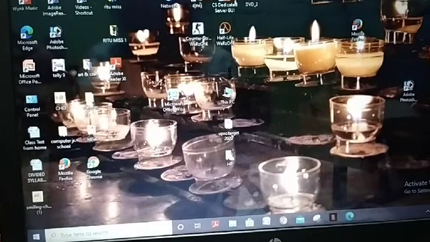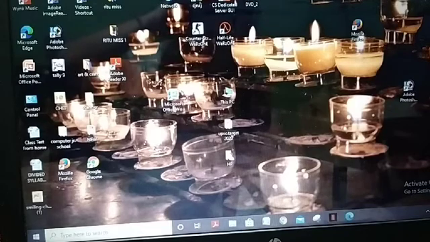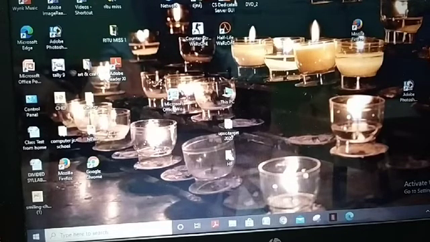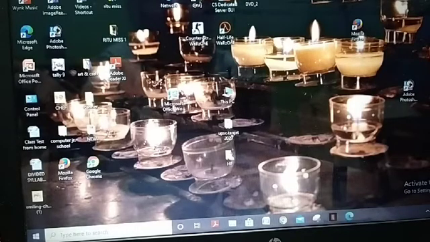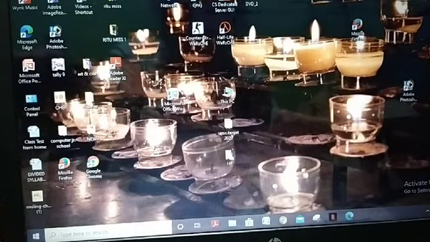Then click on the view option, and in view you will get a sub menu, and you click the show desktop icons option. When you uncheck this, there is a tick mark, so when you click it, it will be unchecked and all icons will be hidden, as I showed you. Very simple it is.